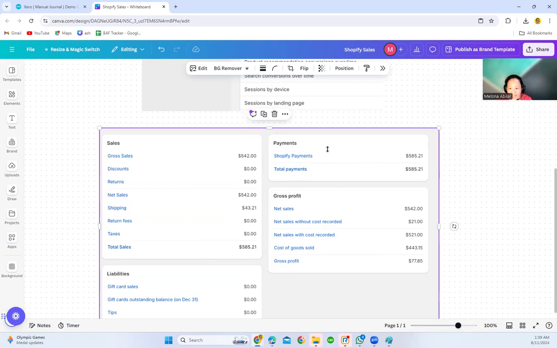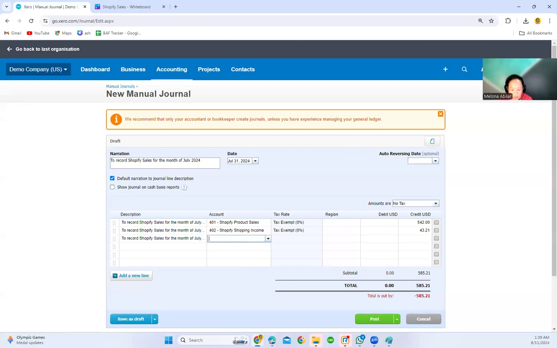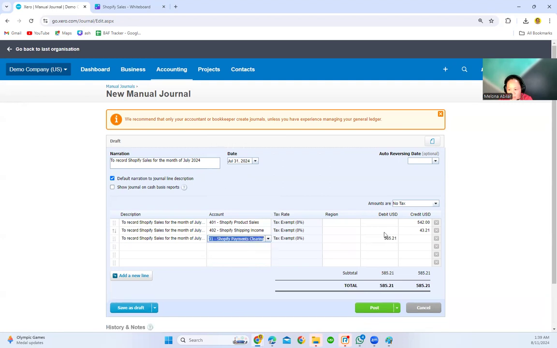But in this example, we will only be using one payment gateway, which is Shopify payments. The amount that was paid out to the Shopify store owner is 585.21.